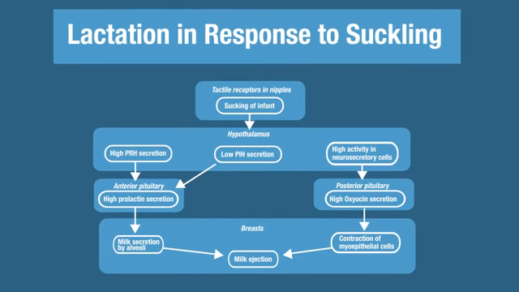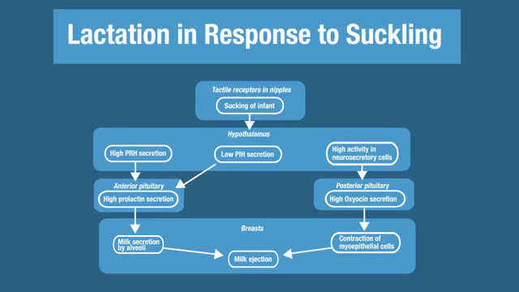This is a really nice flowchart that shows you how both hormones are involved in lactation. So there's a tactile response in the nipples. This is the stimulus, and that's caused by the suckling of the infant, which stimulates the hypothalamus. The hypothalamus then is going to synthesize and secrete prolactin releasing hormone, but it's not going to synthesize and secrete